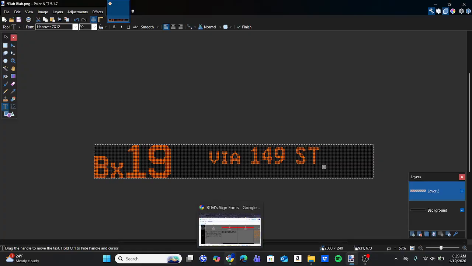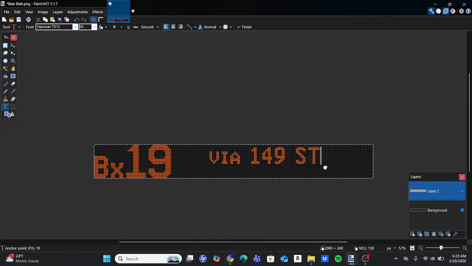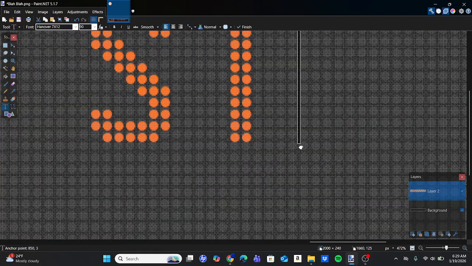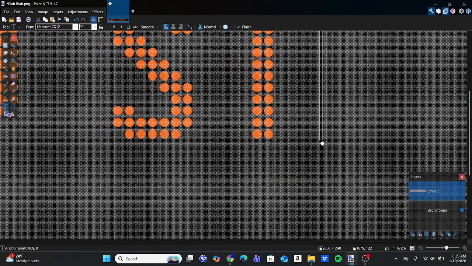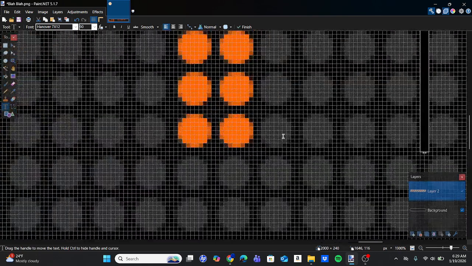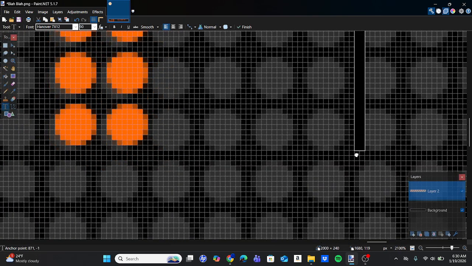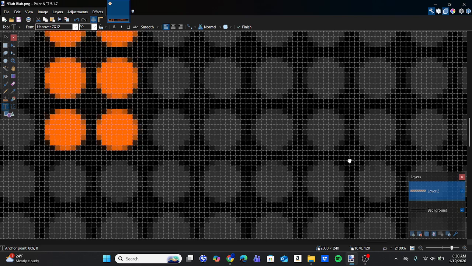As we can see, this is pretty accurate via 149th Street. Drag it on top of the dots, and make sure it's on top of the dots and not just floating in space like this, because we don't like that. So